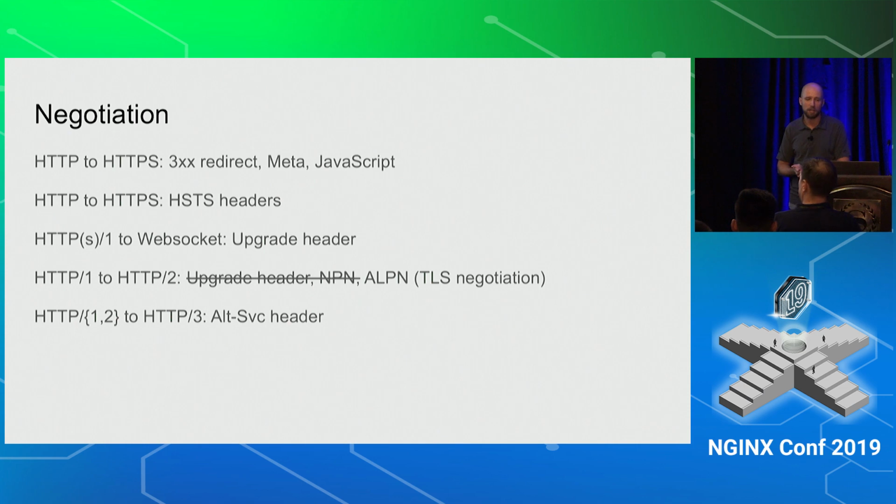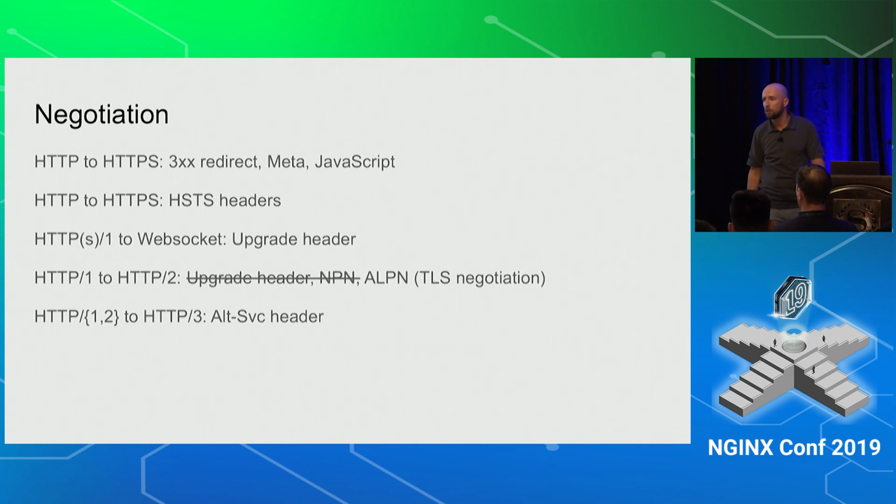And originally, the upgrade header was something that was considered for the HTTP2 negotiation as well. When the clients were connecting with HTTP1, and now we needed to send some data over HTTP2, great, we just send the upgrade header, and now the client can continue doing that. That didn't fly for some reason. I actually don't know what the reason was, but that was not working and either removed or not included in the spec. And another thing on how to negotiate the connectivity to HTTP2 was the TLS extensions such as